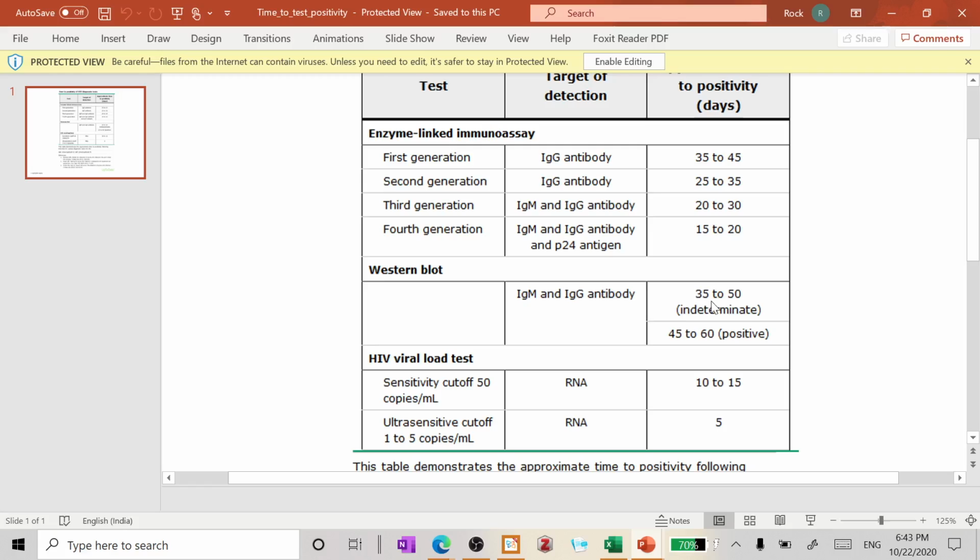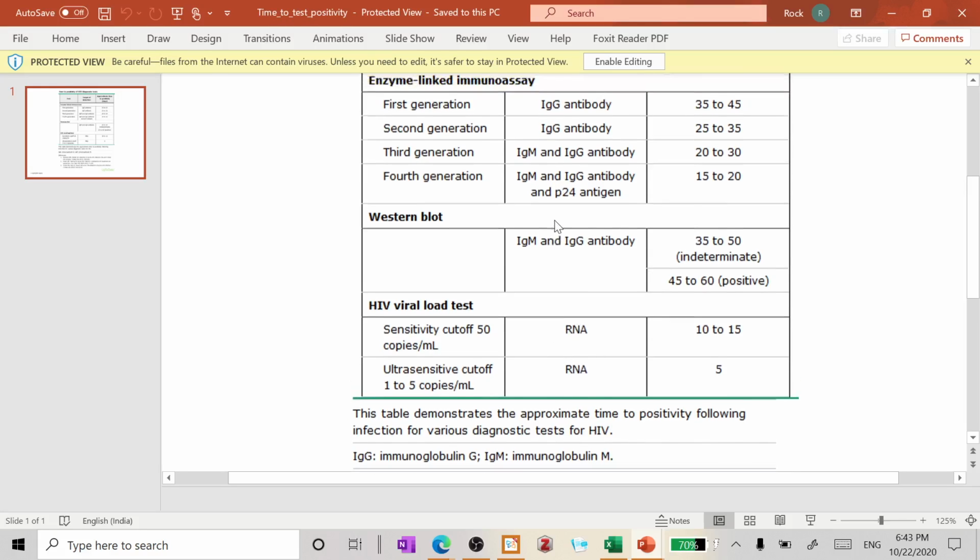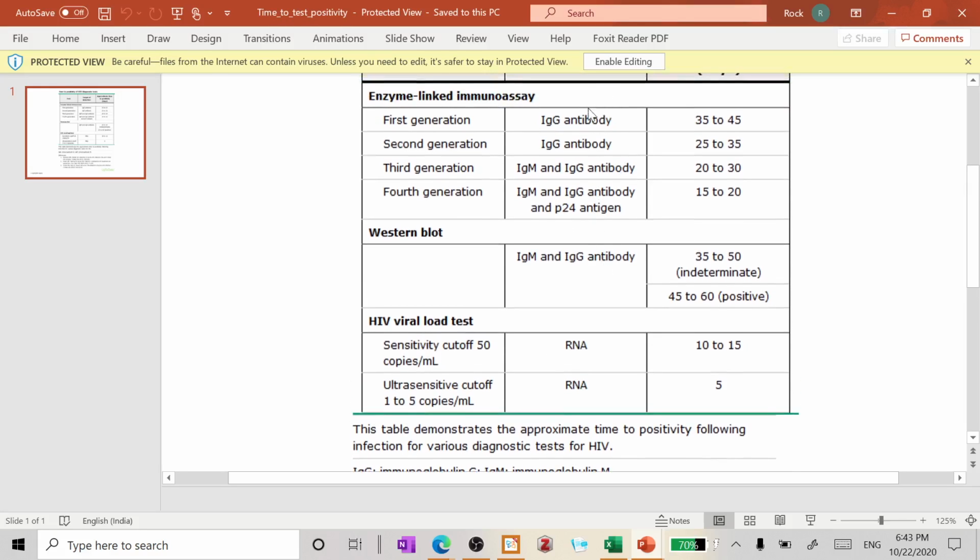The next one is the Western blot test, which detects IgM and IgG antibodies. Sometimes it shows indeterminate between 35 to 50 days, and it will be mostly positive around 45 to 60 days after exposure. Then the HIV viral load test has a sensitivity cutoff of 50 copies per ml, and it detects RNA. Compared to these, which detect antibodies,